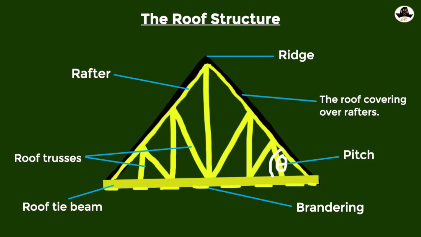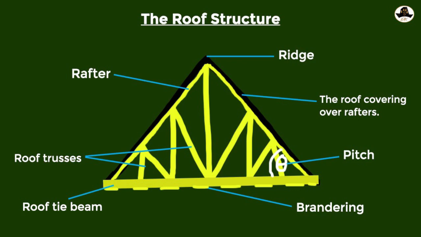We have the ridge, which are parts of the roof. The ridge is that top part of the roof, and then we have the roof covering of rafters. The rafters, as you can see, are the diagonal planks which meet at the top at the ridge. And then we have the pitch, which is that angle between the ridge and what we call the roof tie